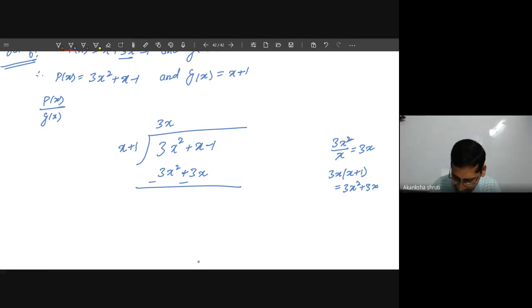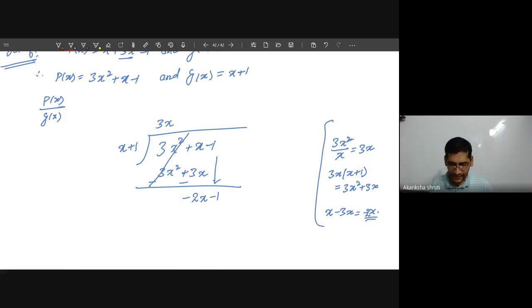While changing the sign, it becomes 0, so no need to write. Now, one is our x and another one is minus 3x. This you have to subtract. It becomes minus of x. Okay? So this minus of x you will write as minus 2x, student, not x. So minus 2x you will write here. And whatever minus 1 is there, that you have to bring down. This was the first step that we have finished.